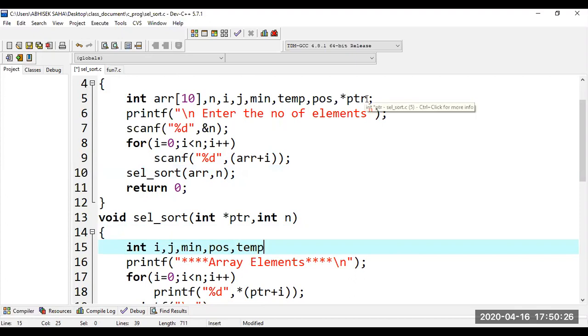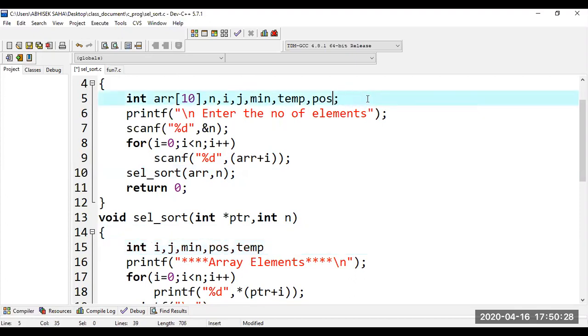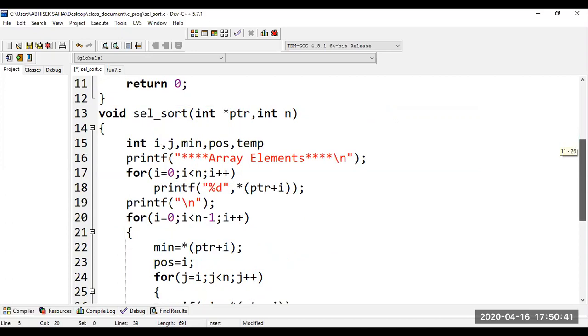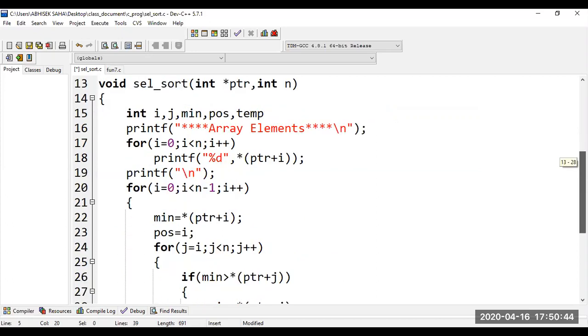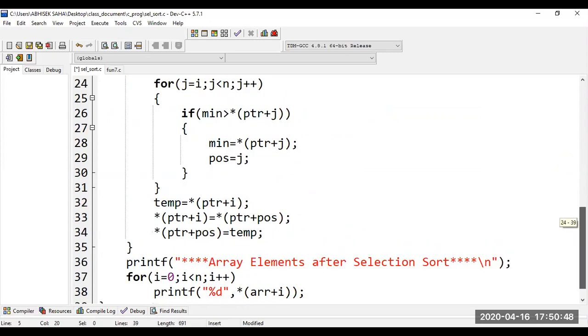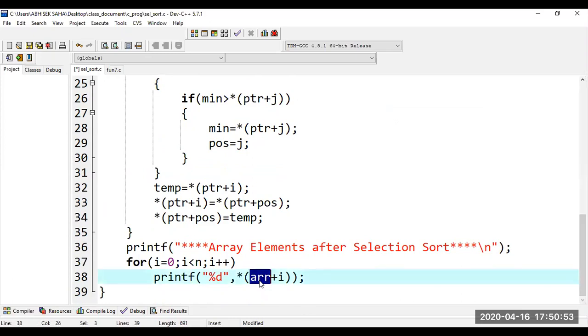So remove this element from here. n is required here because n is the number of elements, i is required for loop iteration, and the cell sort is called; i, j, min_pos declared; ptr plus i. Star arr will not work over here because it is accessed by the element ptr. Whatever ptr is,